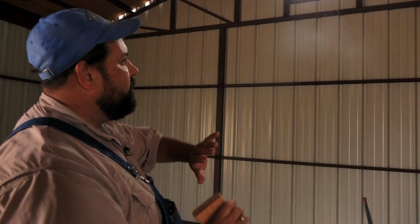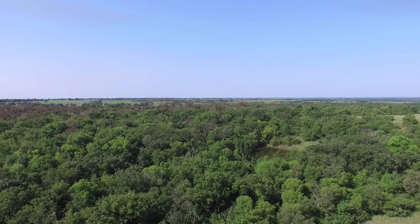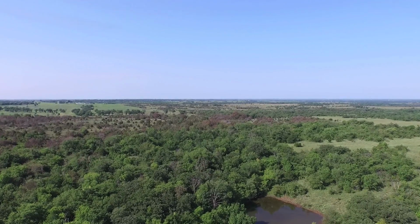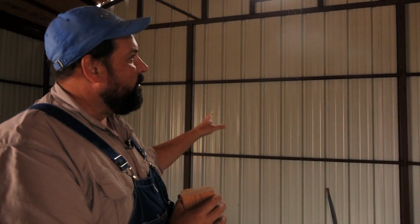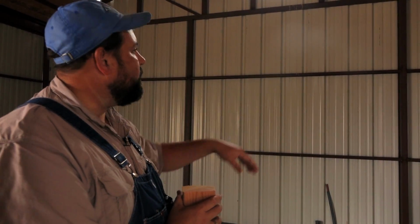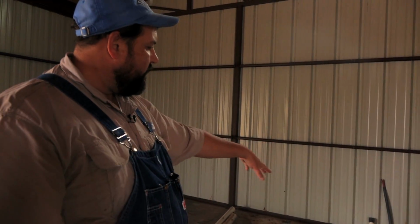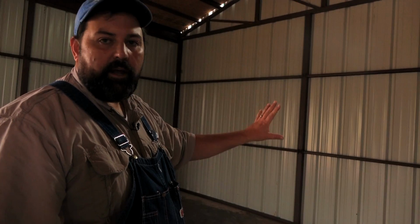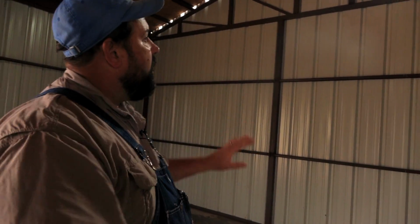Behind this wall, the property goes, in part, a half a mile, some places three-quarters of a mile in that direction. A lot of great cover for the wildlife there, and I typically see deer crossing this meadow behind here. So when we frame in this little room for the toilet and the sink, and maybe even a little hot water heater, and have our breaker box in there,